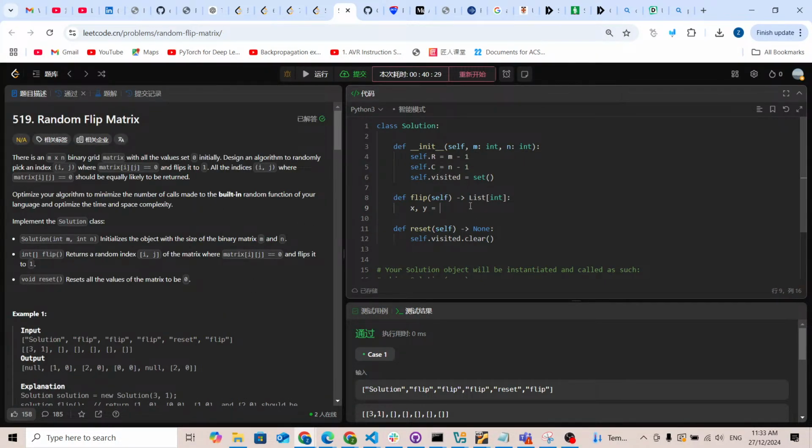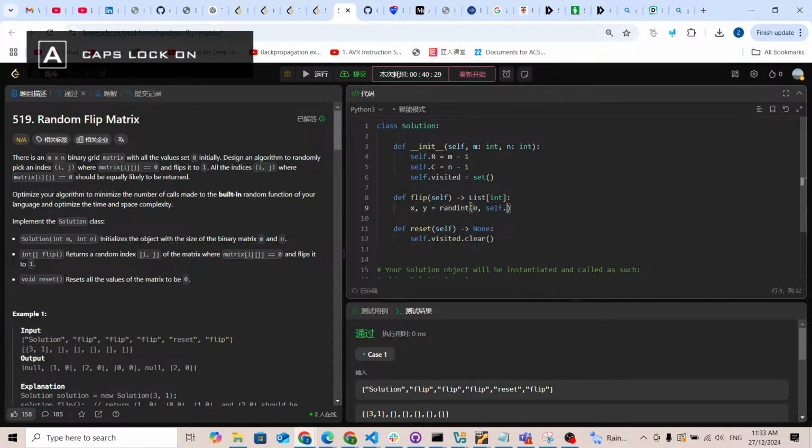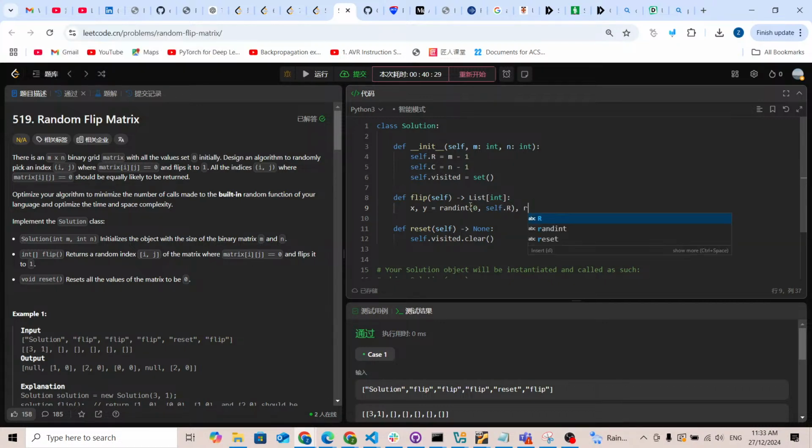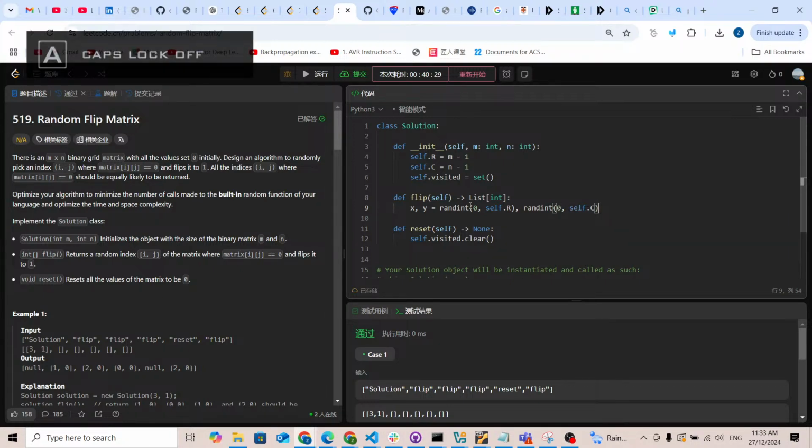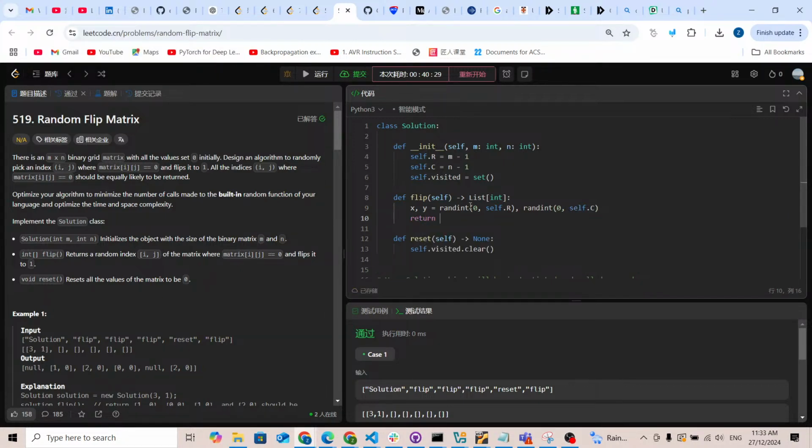So this is why we find x, y from randint. The random integer for x is from 0 to self.r, and similarly for y, a random integer from 0 to self.c. Finally, I'm going to return this x, y, because the final return is a list of integers.